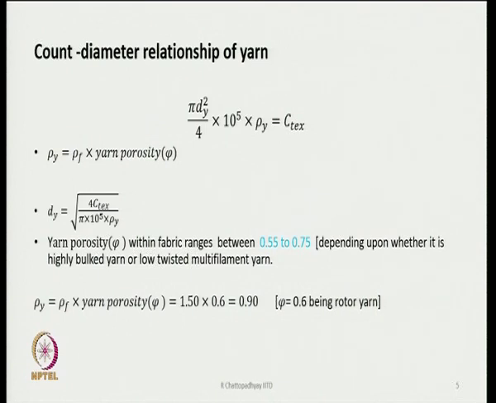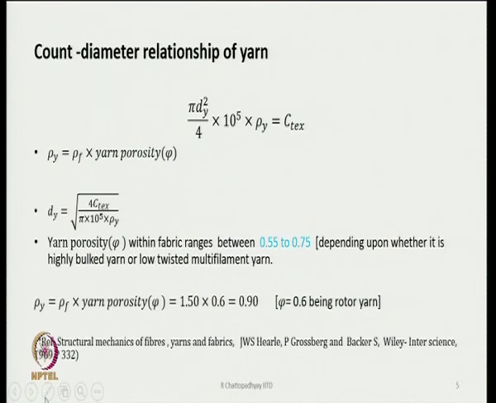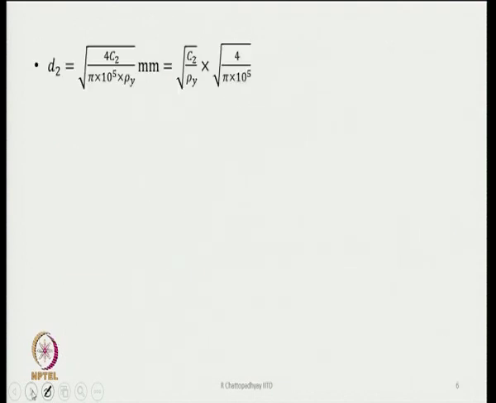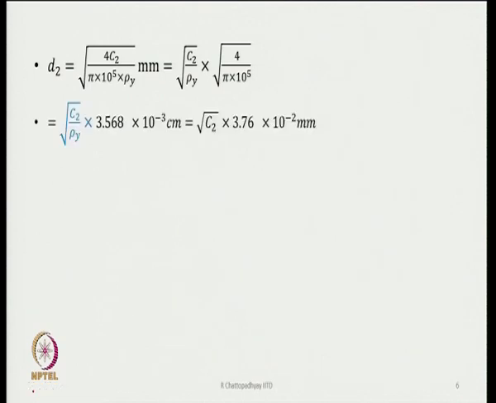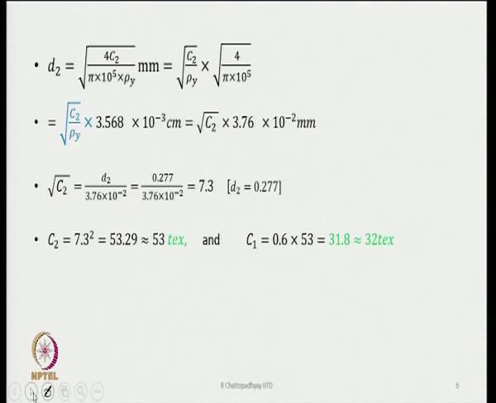So, with this assumption of 0.6, we have to move ahead, and if we know the density of the yarn, then we can find out what the diameter d 2 should be, because d 2 comes straight from the formula. We substitute all the values that we have, and